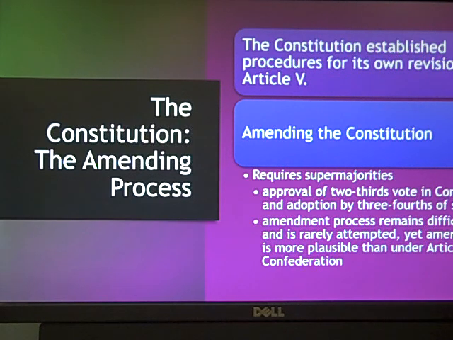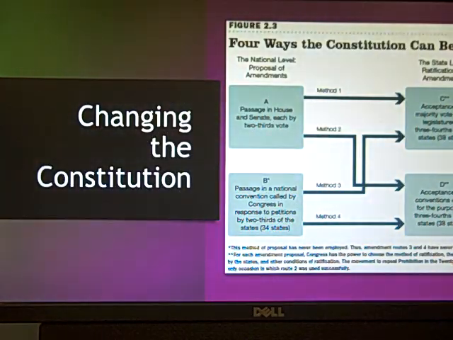One of the great things about the Constitution is the Constitution authors, the founders, were smart enough to realize that the Constitution, if it was going to last forever, needed to be malleable, right? It needed to be capable of changing. All right, now, the way that it is changed is maybe too difficult, right? There have been no constitutional amendments in your lifetime. There's been one constitutional amendment in my lifetime. There has only been 27 since 1787.